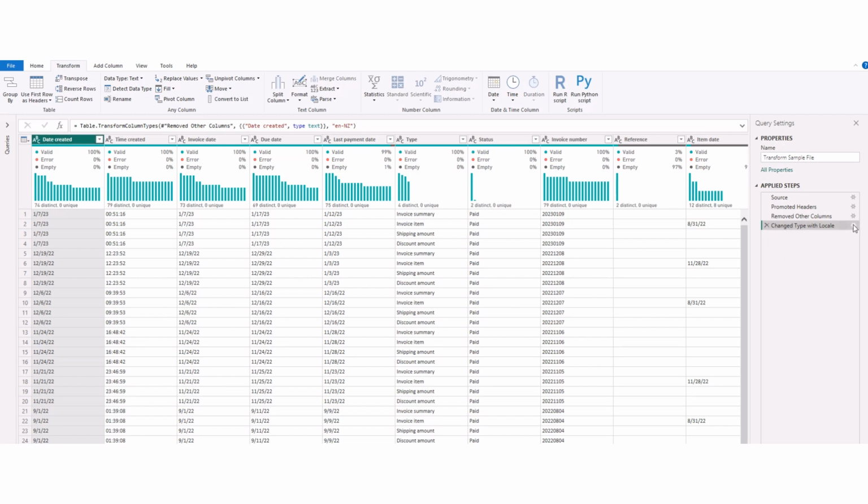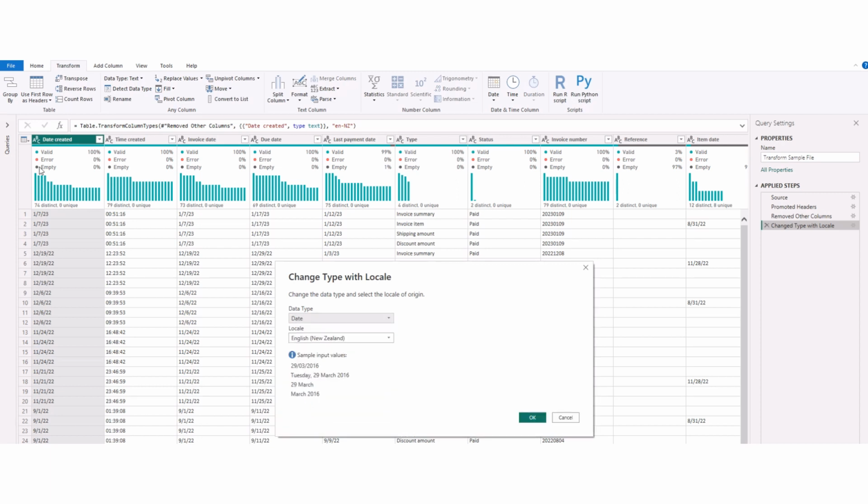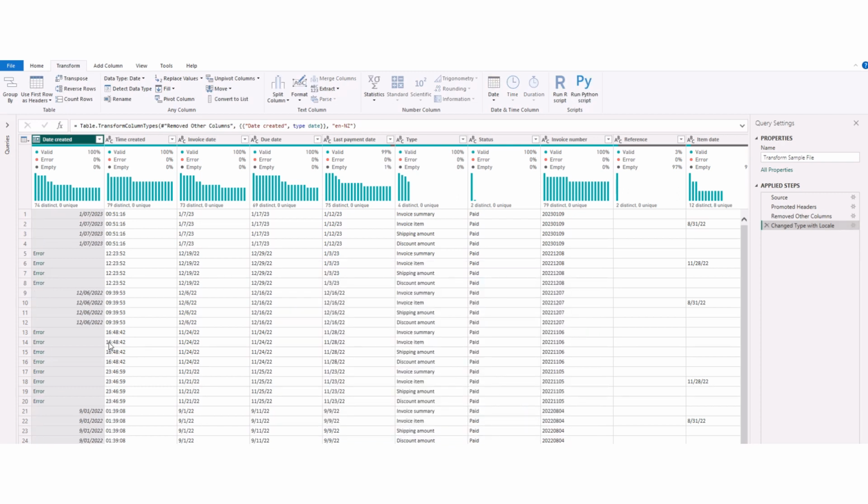Well, there's a few things that I made a mistake with on that using locale. The first thing is that I had data type text. Okay, we want to set that to a date, not text. Setting it to text made it stay that way. So we're changing that to data type date. Click OK. That should fix the problem. Not quite. We're still getting that error,